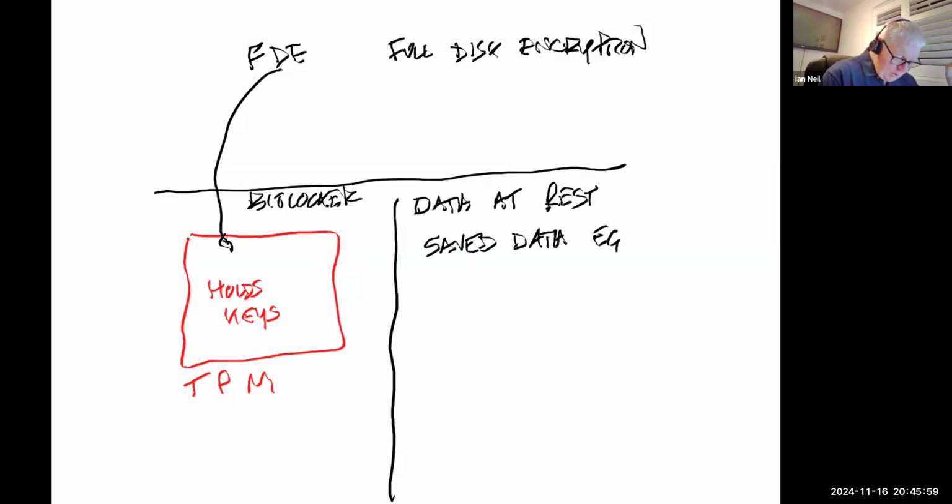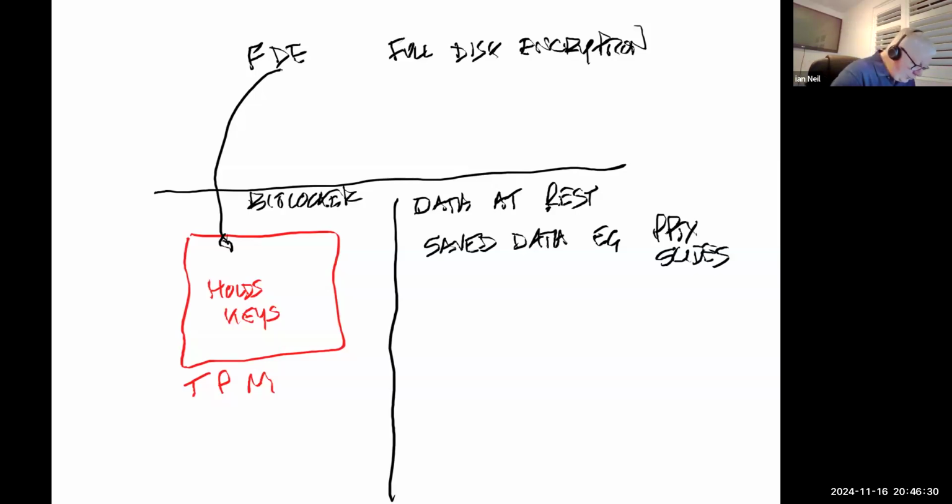Example, my PowerPoint slides. So on my desktop, I've got my PowerPoint slides and I've got data at rest. And my desktop is actually BitLocker. So I've got a TPM chip on my motherboard to store the keys so that if I boot up the machine and it thinks it's been tampered with, it'll go into recovery mode.